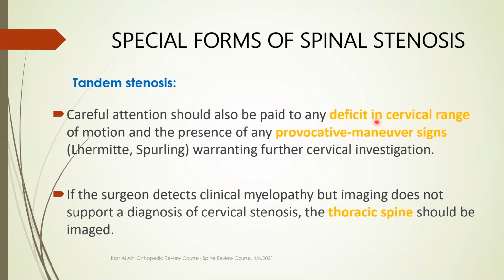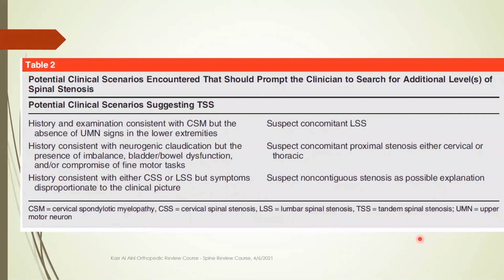Careful attention should be paid to deficit in cervical range of motion and the presence of provocative maneuvers like Lhermitte and Spurling, warranting further cervical investigation. If the surgeon detects clinical myelopathy, but imaging does not support the diagnosis of cervical stenosis, the thoracic spine should be imaged. These are some clinical scenarios which raise the suspicion of tandem stenosis. History and examination consistent with cervical spondylotic myelopathy, but the absence of upper motor neuron signs in the lower extremity,